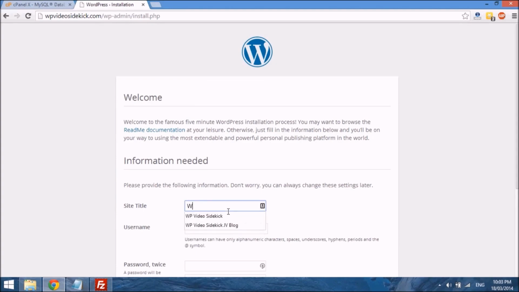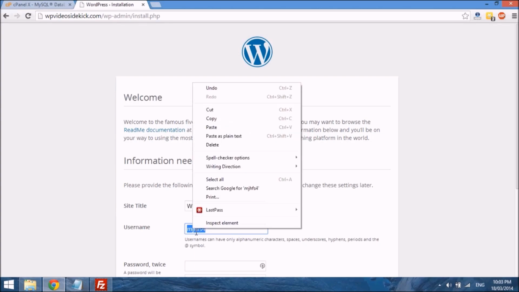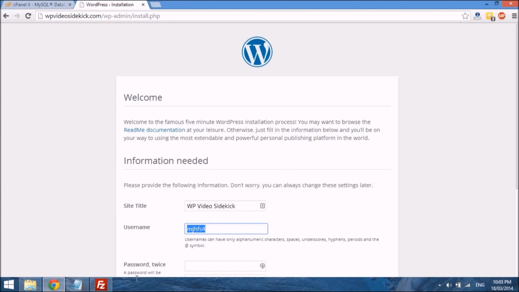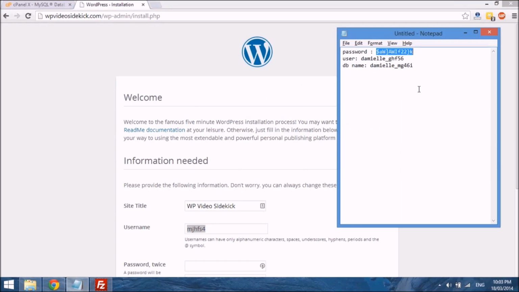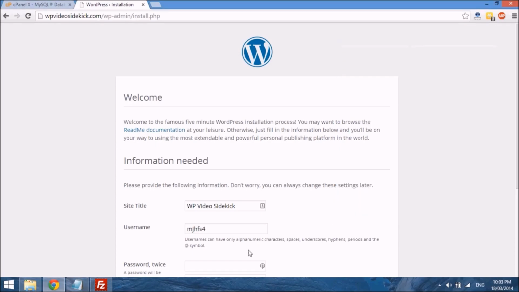So you name your site, WP video site, then the username. You want to create something unique. I usually just use a combination of letters and numbers. Never use admin. And so now we can just go back to our Notepad. So our WP username, we need to just save that, and the